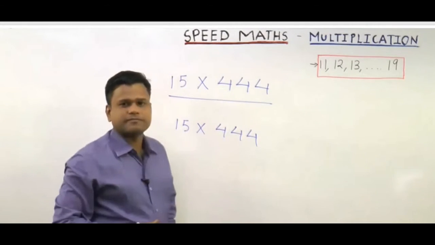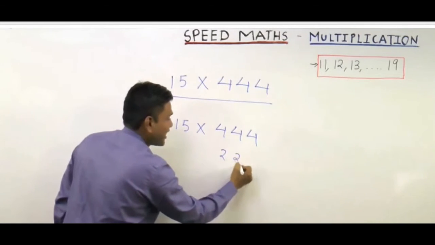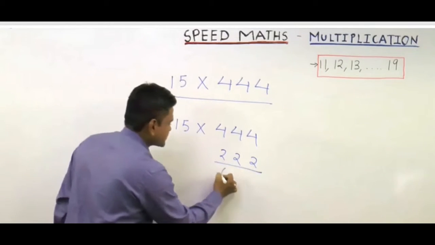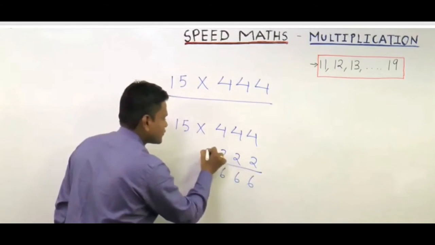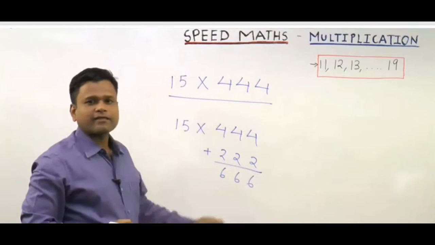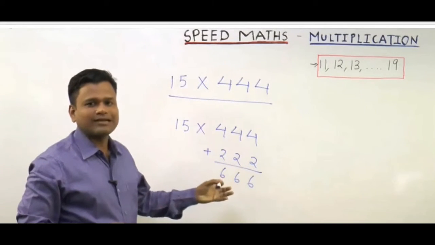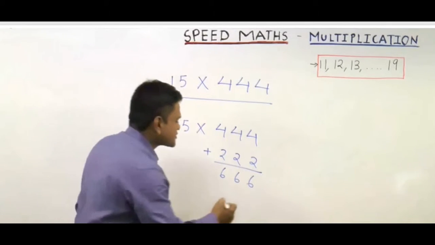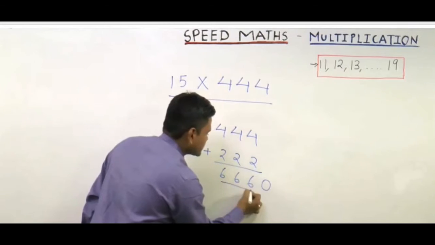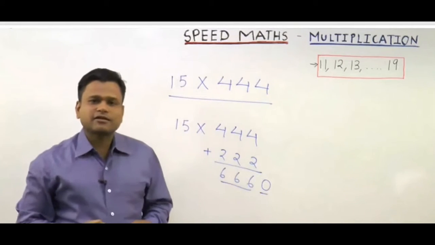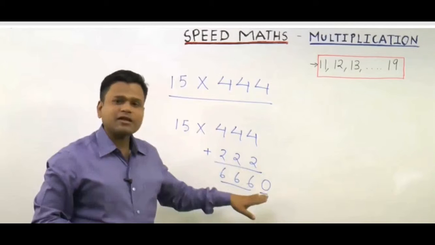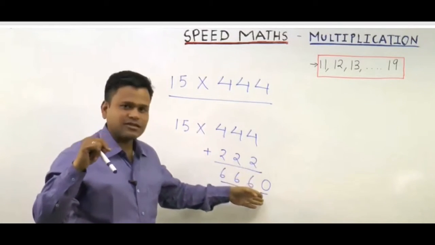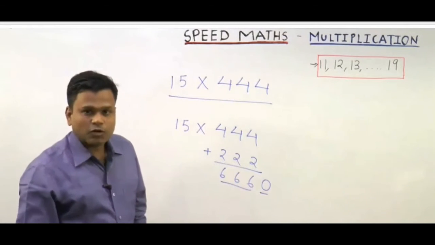Take half of this number, 222. Half, remember that. Half of 5 is there. Half of 666, you have to add it, and that forms the core component of my answer. The final answer is obtained by suffixing 0 here: 6660. That's the answer we obtain when you have a number. Why are we keeping 0 here? That 5, 10 by 2, that is leading us to this 0, and that completes what we have for multiplication